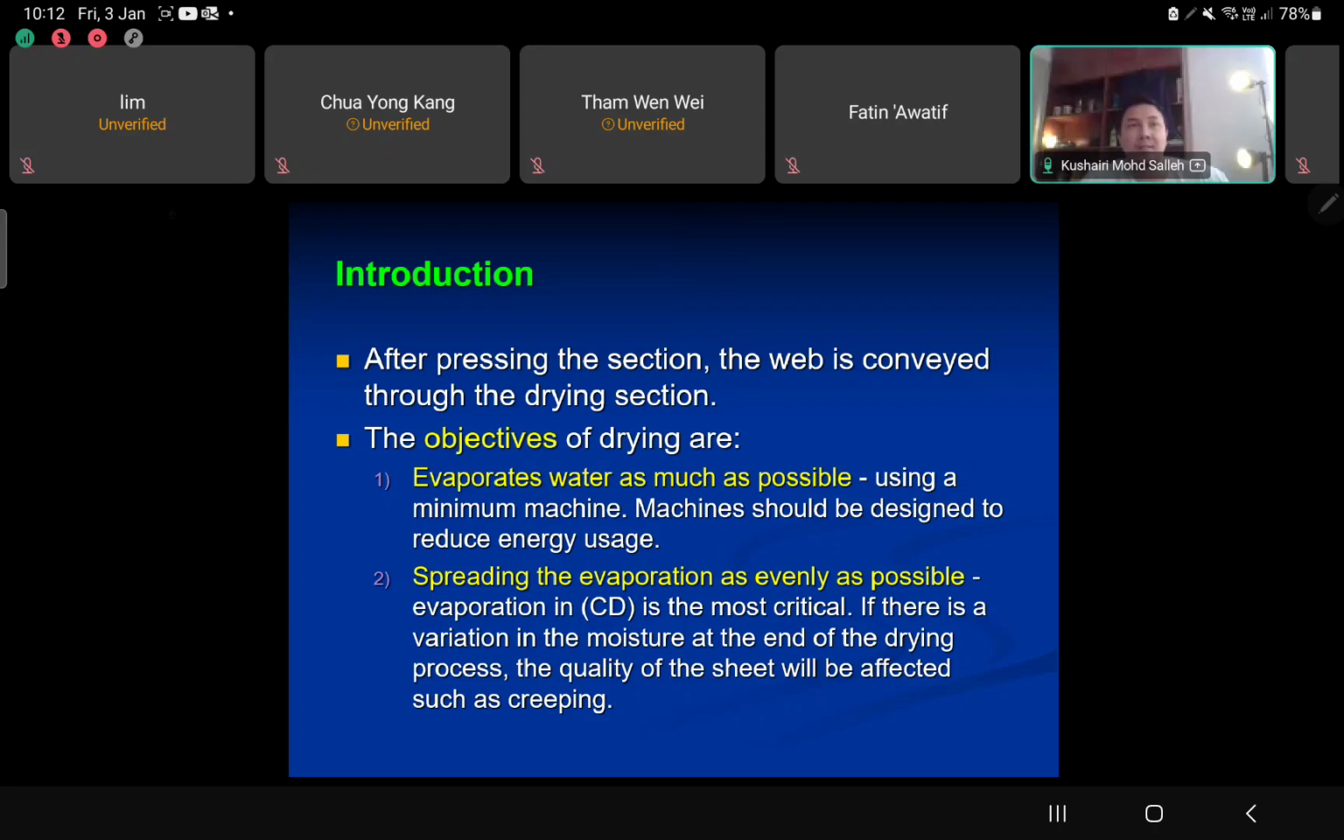This is a continuous process. That's why we have the approach flow system. When you are talking about the approach flow system, all of these processes happen continuously. That's why the quality of the fiber from the beginning of the paper making, from the disintegration process, from the beating process, we need to control